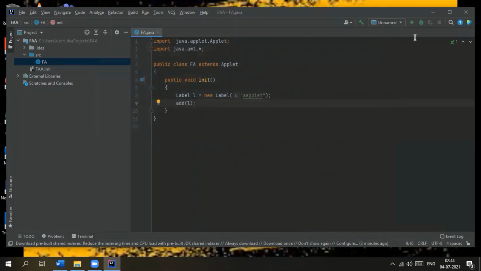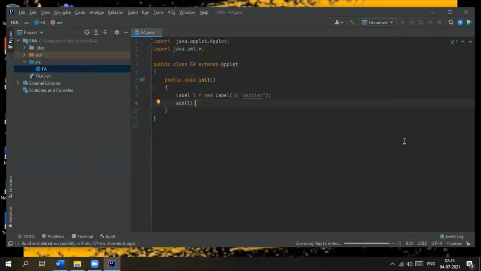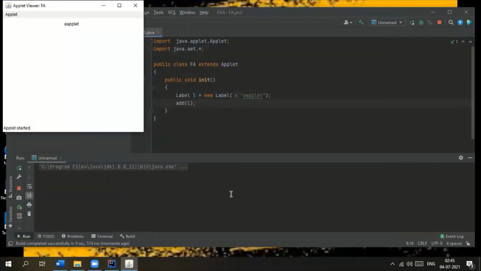Now we have installed the applet plugin, we have changed the SDK from 16 to 8, and we also added the configuration in order to execute the applet. This configuration we have added to make sure the applets are being executed. Now I'm clicking on the play button. When I click on the play button, I'm running the unnamed configuration that is used for applet run, applet viewer or applet runner. The play button is used to build the application and execute the code. See, the applet has been started.